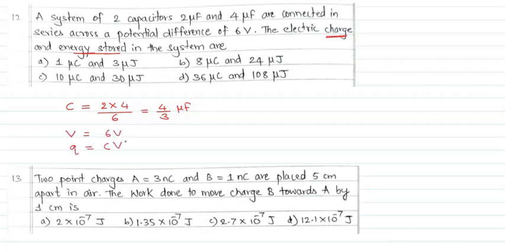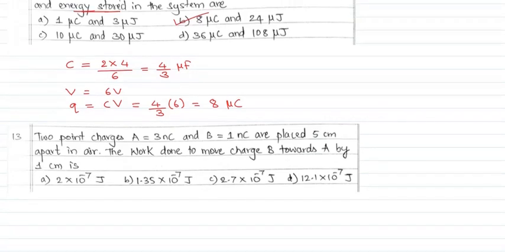Q is equal to C into V. If I substitute, C is 4 by 3 and V is 6. If you simplify, 3 into 4 into 2 is 8 microcoulomb, which is the charge. If you observe the options, only in option B we have 8 microcoulomb. So answer is B. You need not find energy. Even if you find, you will get it as 24. 13th,